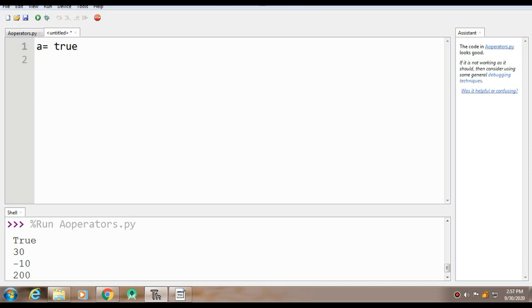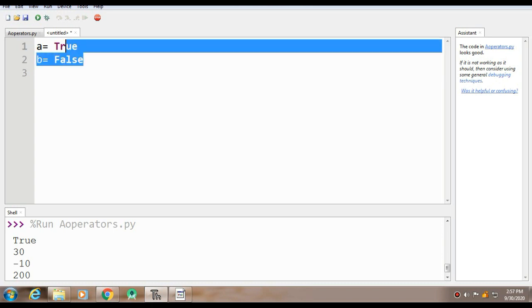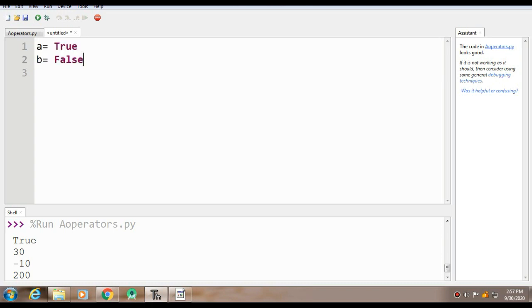Okay, so we have another variable B, sorry, the T should be capital, and suppose B's value is False, because these are keywords and we know that Python is case sensitive, so we have to remember these things. Now we have seen A is True, B is False.